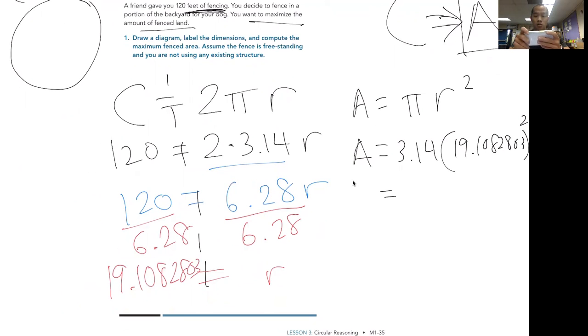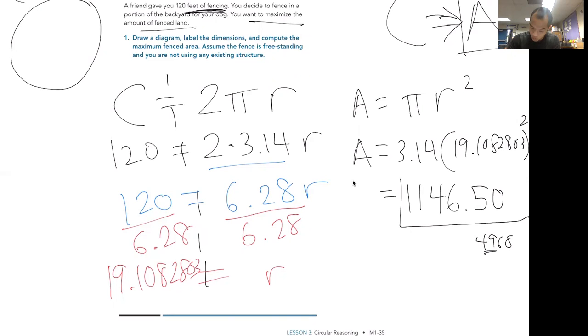So we're going to go ahead and square this, and we're going to multiply it by 3.14. And we're going to get 1,146.4968. Now at the end, we normally do want to round. Since it says .4968, we're going to round it to .50, because just to show you guys, if we're rounding to the hundredths, we look at the digit right next to the 6, and then .49 would become .50. Okay, so that's our answer,